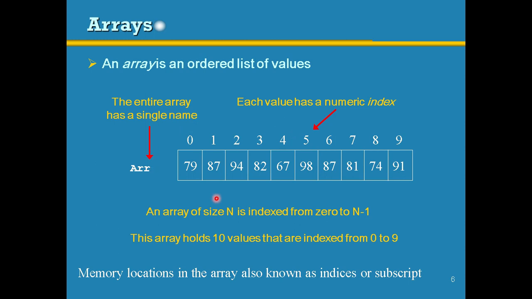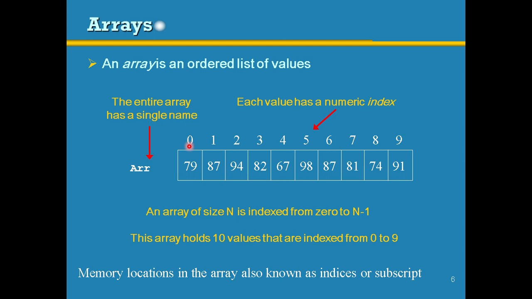Now look at the way you are going to represent the data items in the array. A diagram representing 10 elements. How to store 10 elements in an array. See, this is my array name. These are the values I have stored in the array, and this is the array index. This array index can be called indices, otherwise subscript. So look at the array index. It's starting from 0. Always it will start from 0.